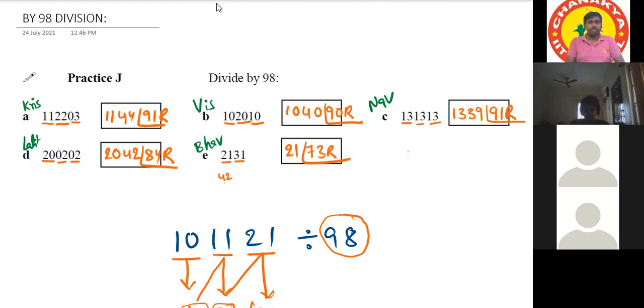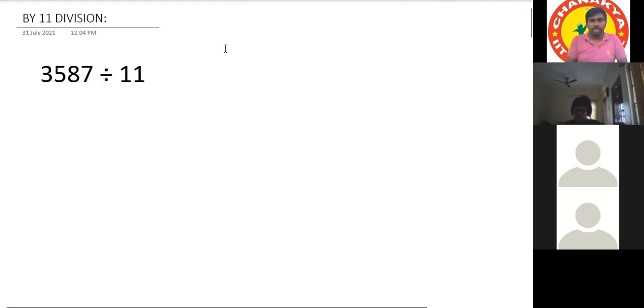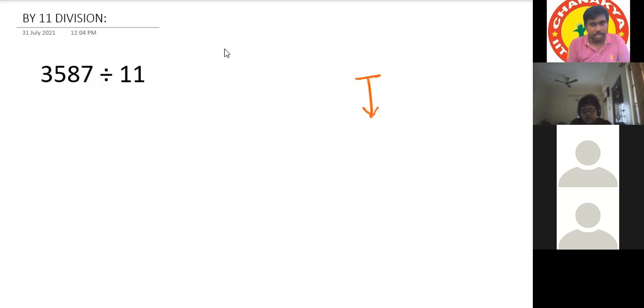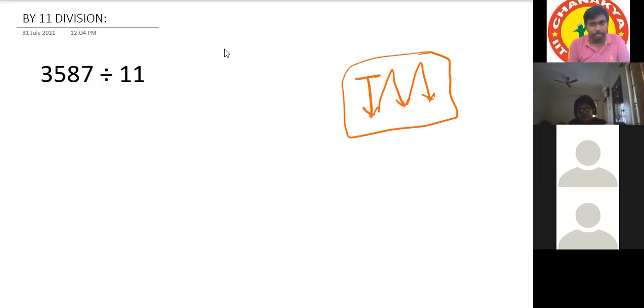Correct. Very good. Okay. These are the special division techniques. And one more special division technique is there. That is division by 11. Let me explain this question and later you can do. See, what is the shortcut for division by 9? Drop the first digit, add it to the next digit and drop it, add it to the next digit and drop it again. So here we are adding the digits, right? Yes, sir. But in 11, what will be the case? We have to